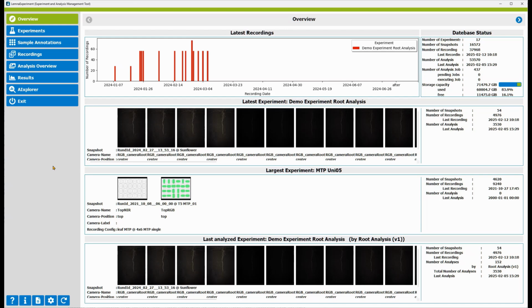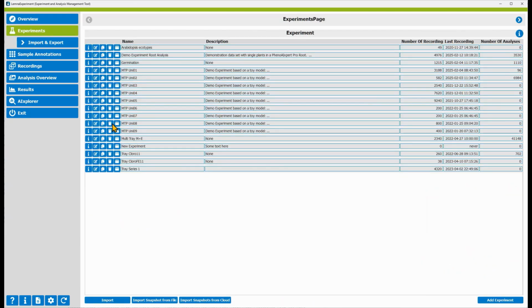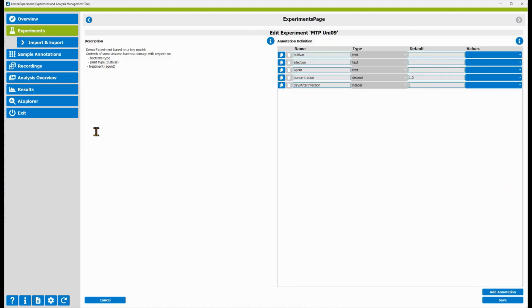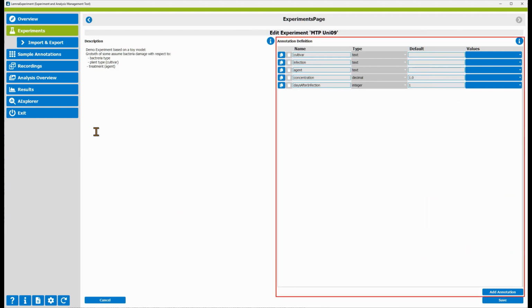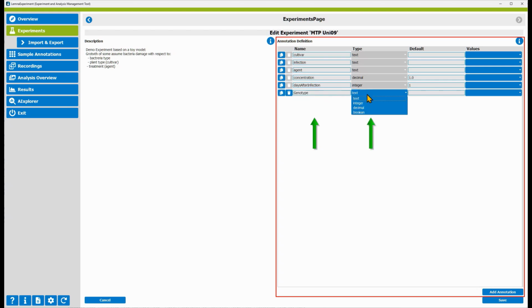The first thing to do is to define the annotation columns on the experiments page. We open the editor for the respective experiment. Here you see the list of annotations I already have defined. We may add now another one. Each annotation column has obviously a name, a type, either text, integer, decimal, or Boolean, a default value,